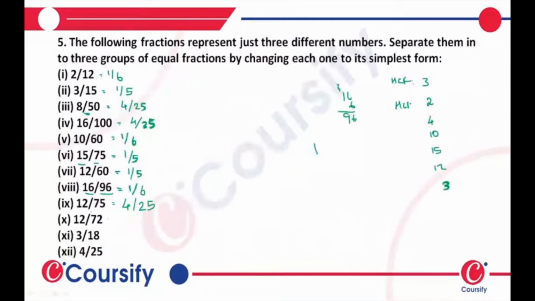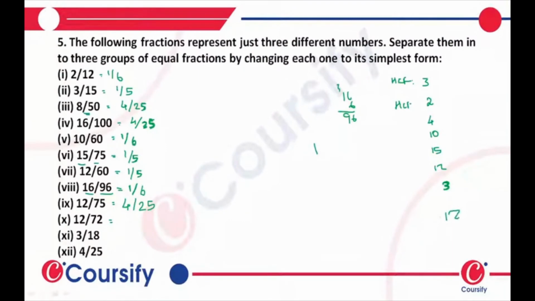Next question we have 12 by 72. We have 12 by 72 is equal to what? We don't know. So let's see what the highest common factor is. It's 12, as 72 is divisible by 12. 12 times 5 is 60, and 12 times 6 is 72 in fact. So the HCF here will be 12.